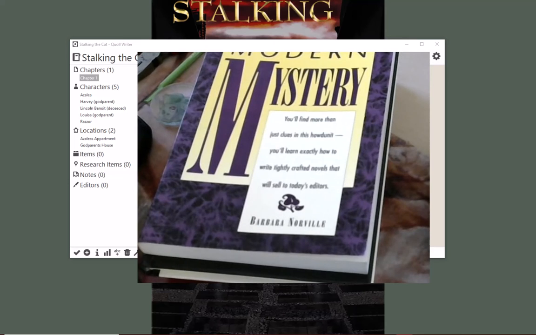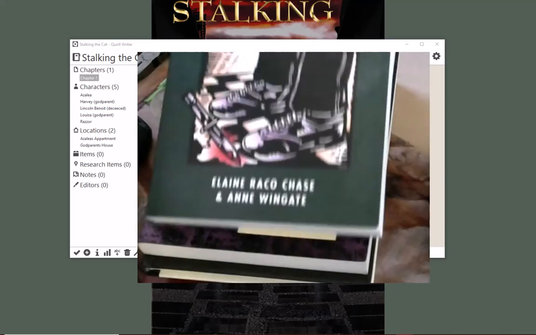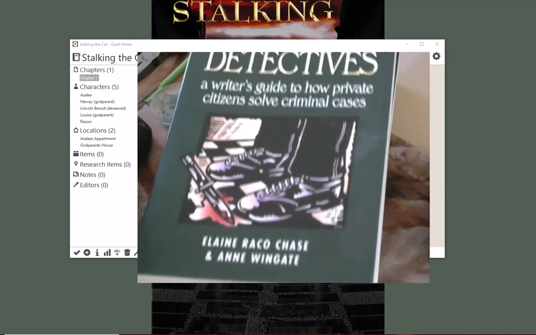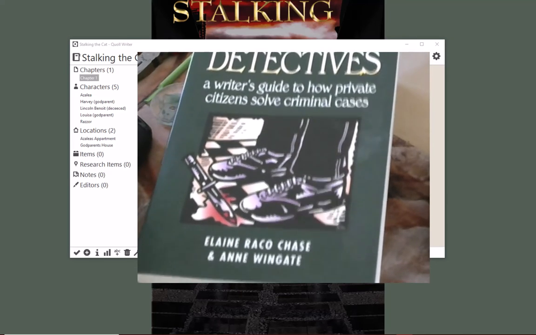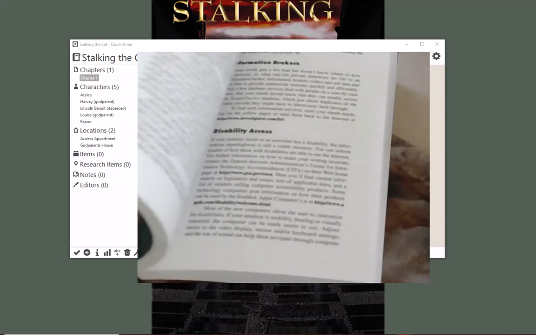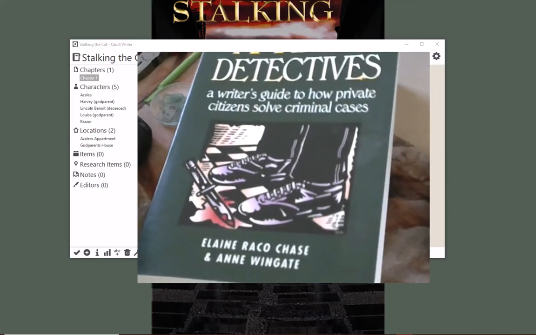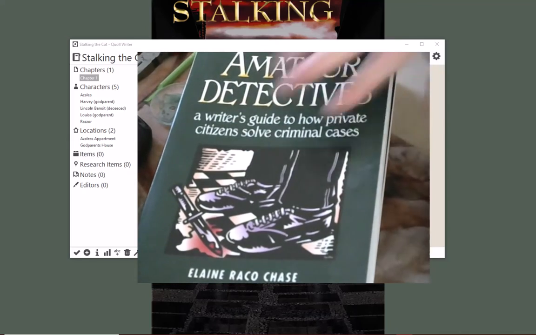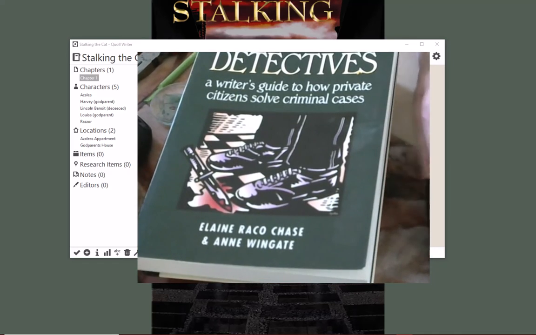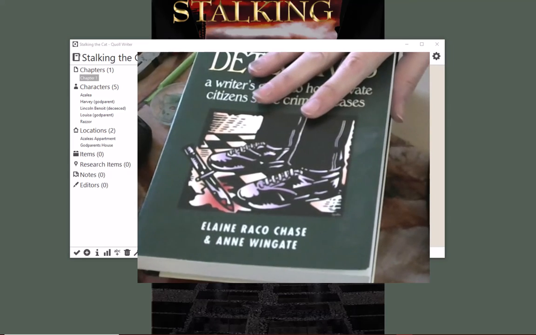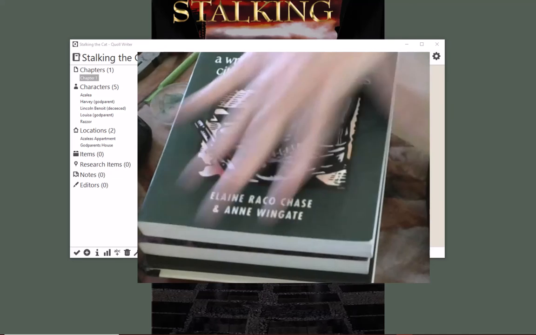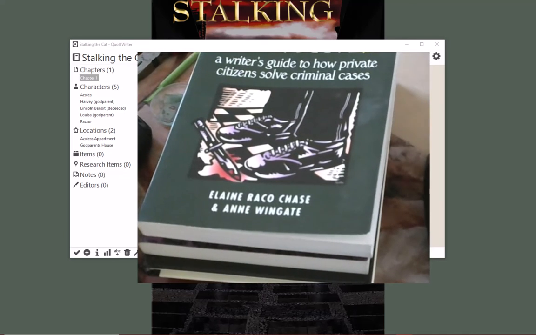And the last one I found in my library of books, and I have collected these books over many years. Some of these are from the 80s, some of them are from the 90s. I found this one called Amateur Detectives. And this is all about your amateur detectives, the type of careers they sometimes have, and what's pretty common in an amateur detective type story. So those are the reference books I have available for me to use during this July writing. And of course, there's all the resources that you can find online, such as the blog I previously mentioned. There's a lot of different beat sheets and that sort of thing. So I have some good references, and I'm looking forward to getting started in July, which is only a few